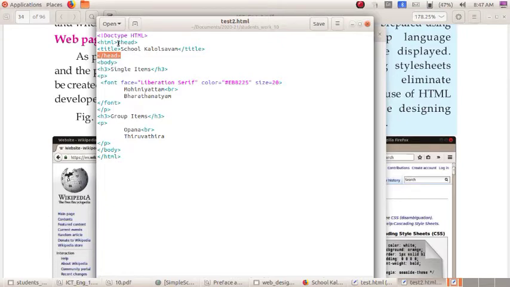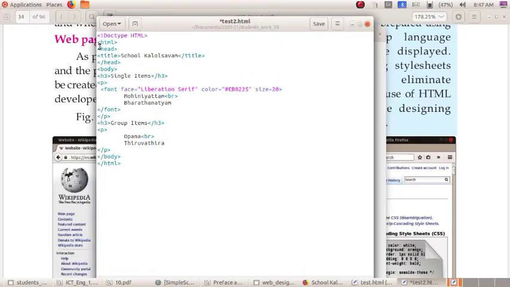So dear children, first of all type the HTML tag, then the head tag and its closing tag. Inside the head tag there is another tag, the title tag. The title tag is for giving the title to the web page. Then what is the body tag?